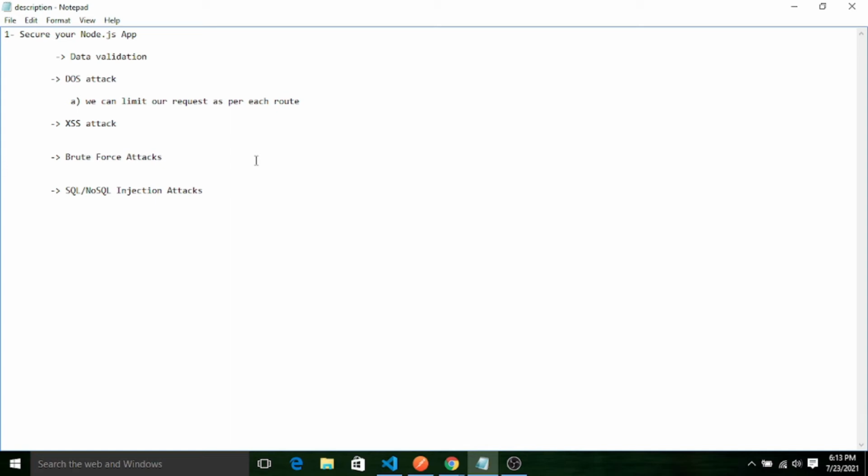So how can we prevent this kind of brute force attack? One point I will show you here. First, on the server side, meaning your Node side, you have to encrypt your password.